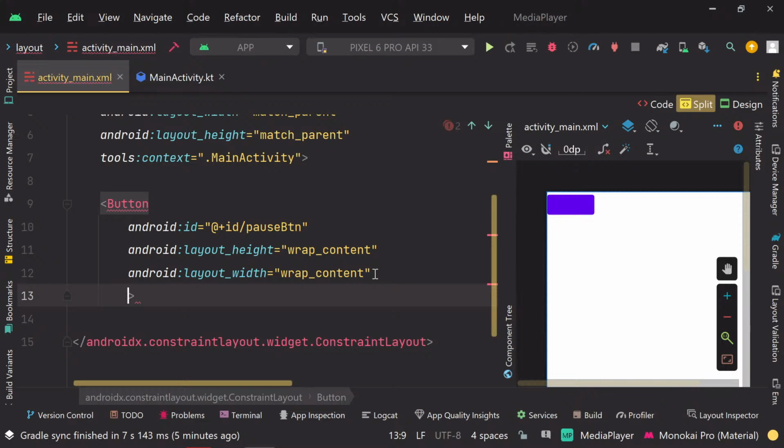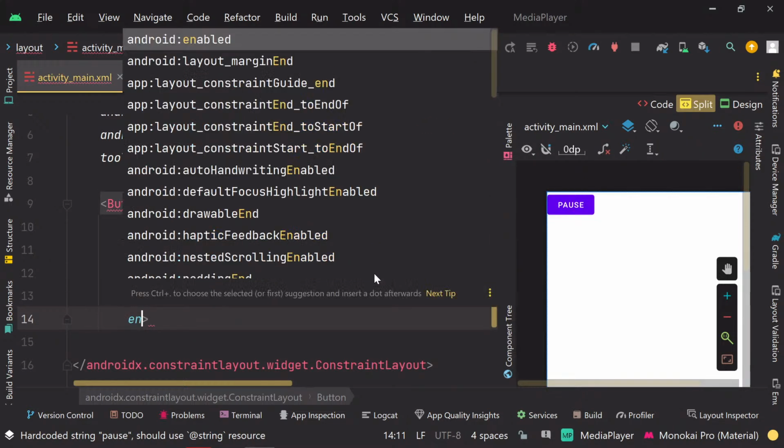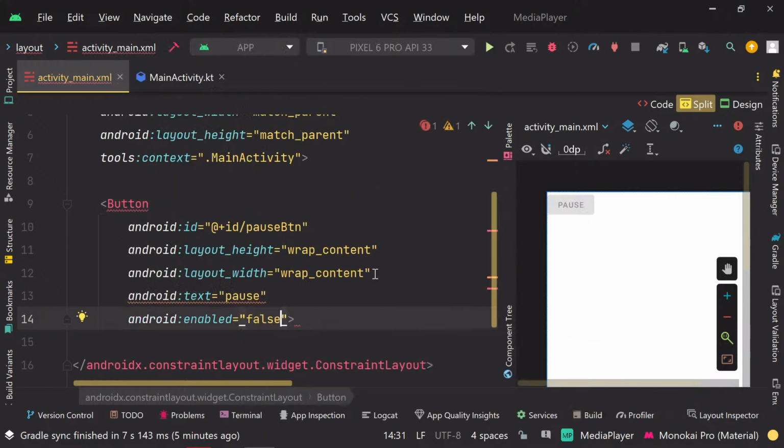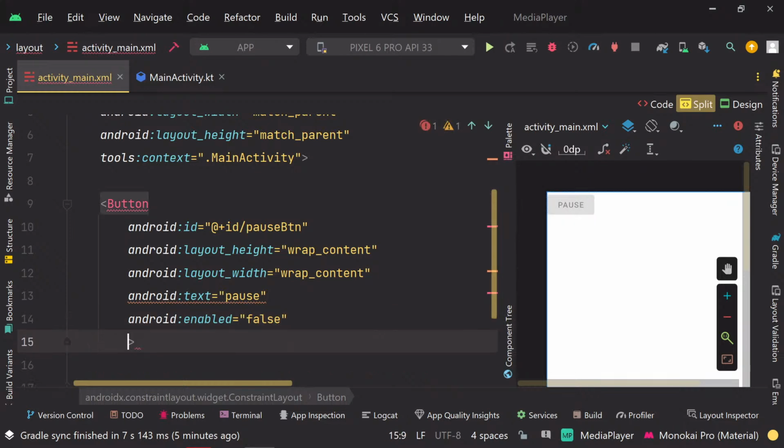What will be the text over here? I'll give it a text as pause. So this will be our pause button and enabled will be false. That is the basic activity that we are doing over here. Now, after writing this false, what we'll write